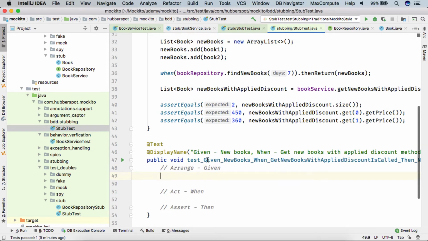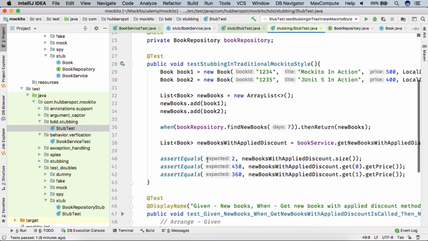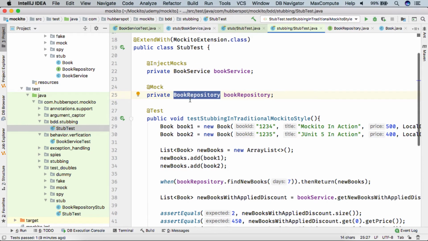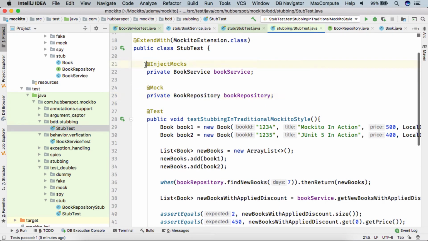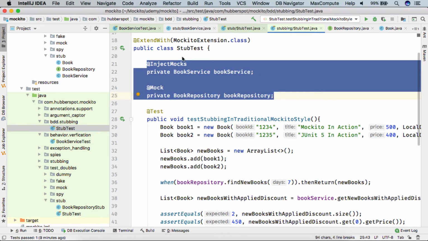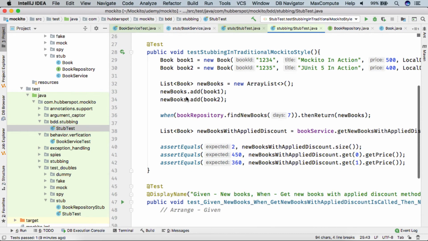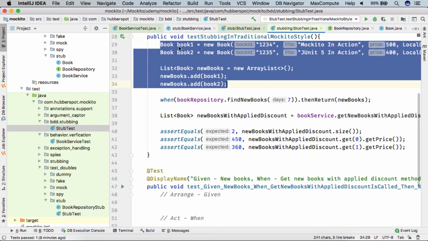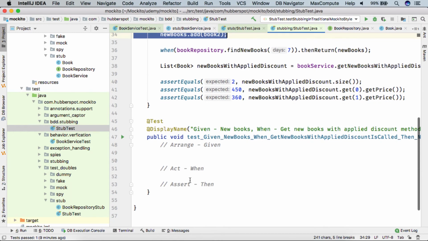In the arrange part, we do the initialization of the system under test and the initialization of the mocks, and as we are using annotations, these two steps are already done. Then we initialize the data which is required to perform our test, which is also an arrangement.